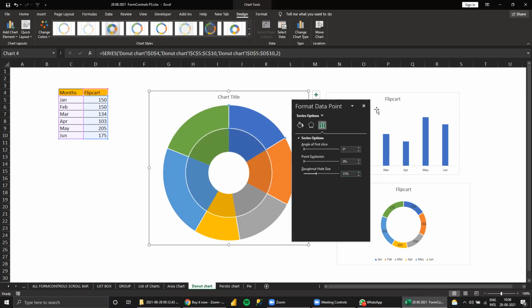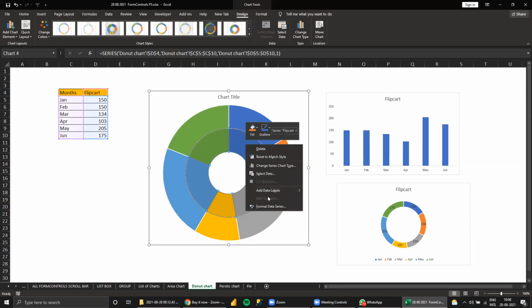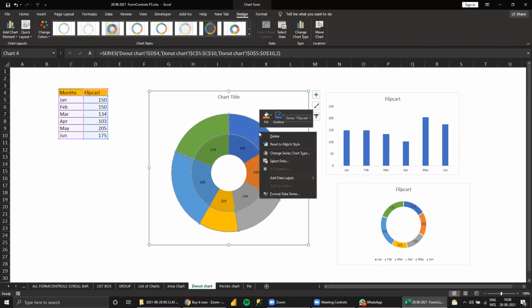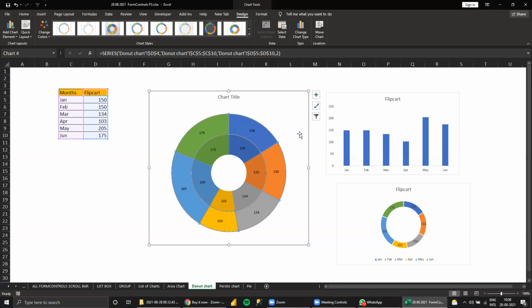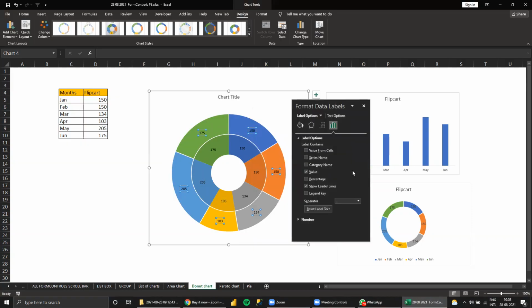What is the purpose of this? Now add data labels, see the magic. There are the data labels, and on this one also I can put the data labels. Now the second one or first one, whatever you want, up to you. Click the data labels and go to format data labels. What you need to do here is add the category name and take out values.